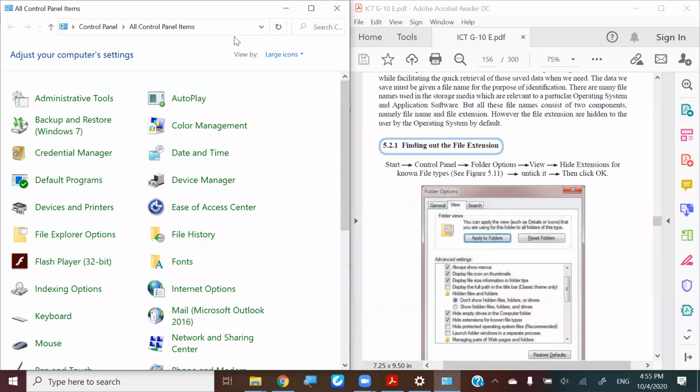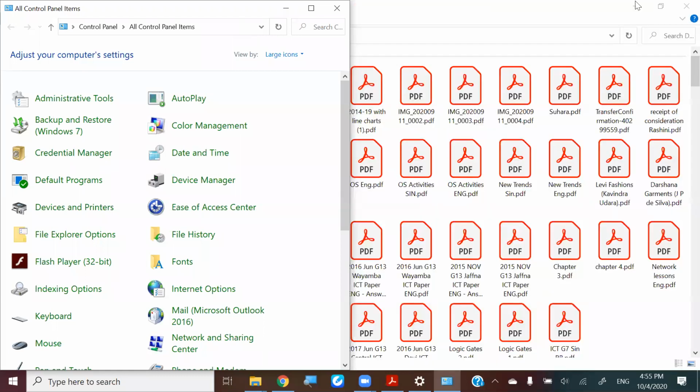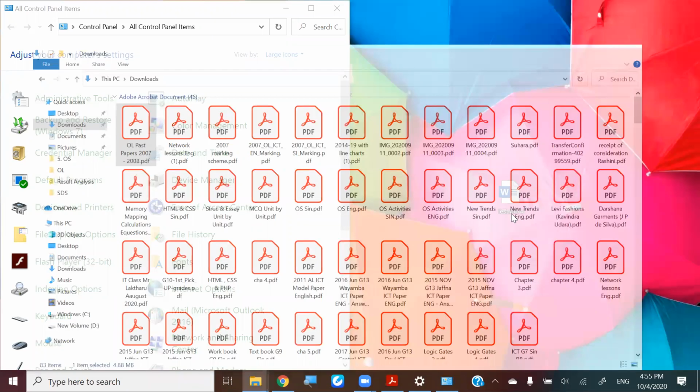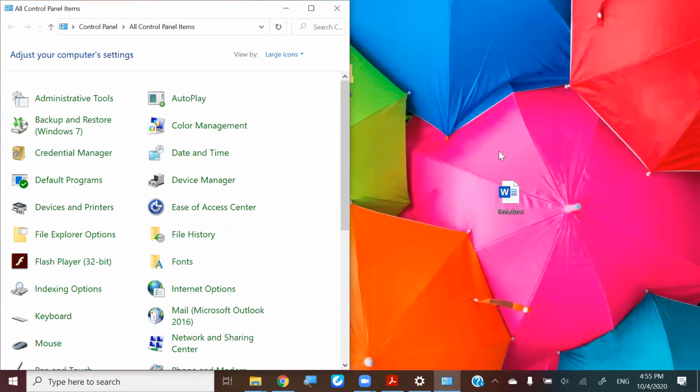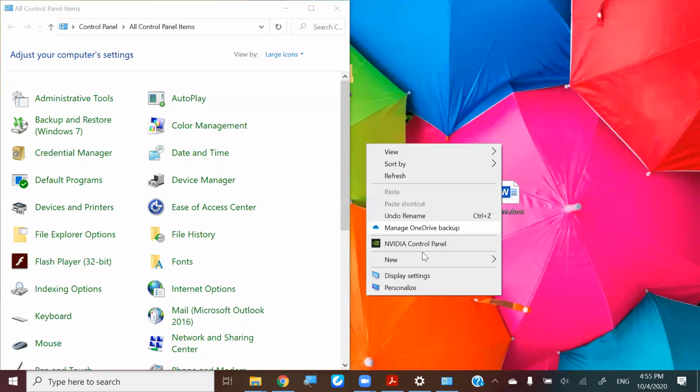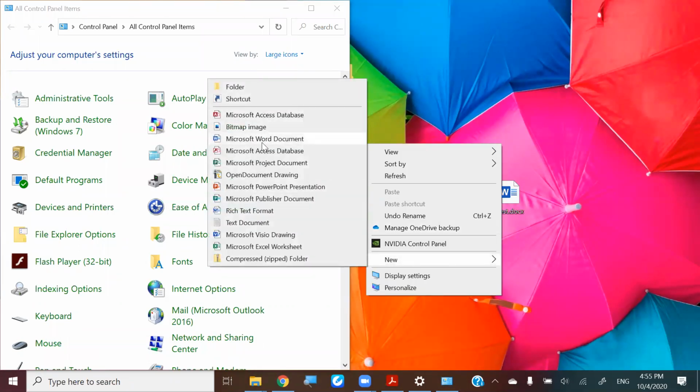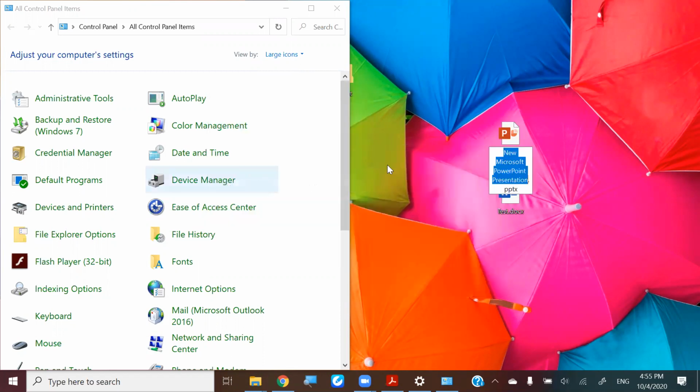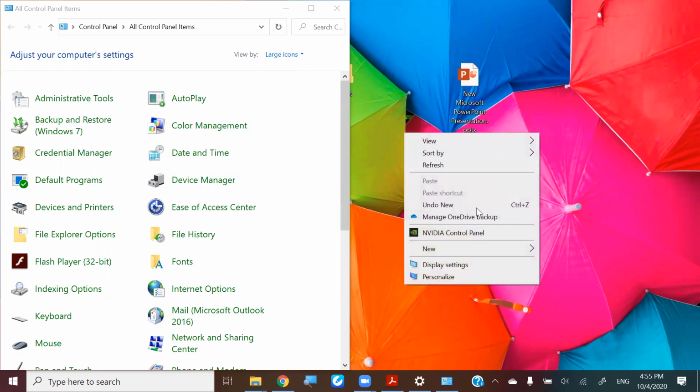Right. So it's better you have the extension on your computer, so you can recognize what the file type is as well. Now the file types that we are using in our syllabus are Word, with the extension docx, and the earlier version had the extension doc. For the presentation software, PowerPoint, we have pptx, and the earlier version was ppt. And for the database files,